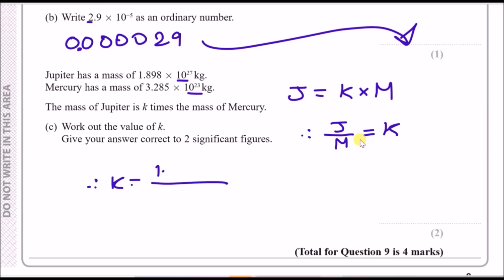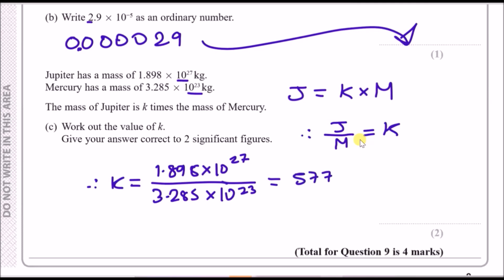The mass of Jupiter, which is 1.898 times 10 to the power 27, all at once here on the top half, and on the bottom half of the fraction, 3.285 times 10 to the power 23. And when you do this, you should get an answer, well, to 2 significant figures. Actually, wait, in your calculator, you'll probably get something like